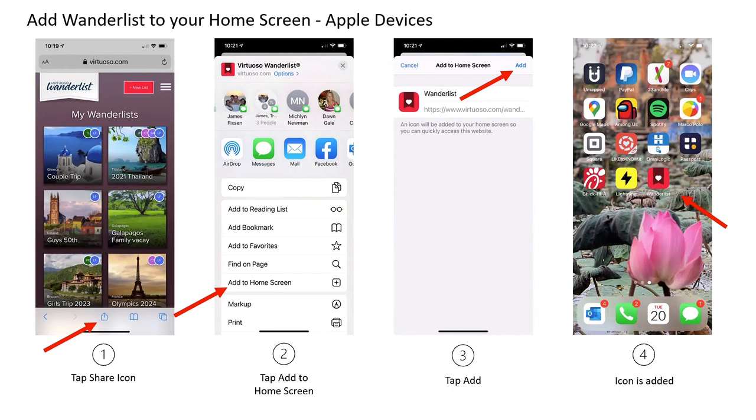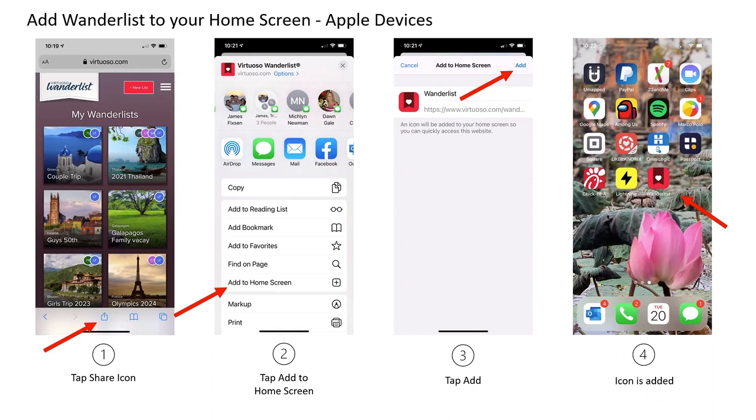So here's the tip. On their phone, that's not easy. We can do it on our computer, that makes sense. But on our phone, we're used to just dealing with apps. So here's how you do it for a client. You tell them, hey, you can save Wanderlist as a favorite to your home screen. It's really simple. And what you're seeing on the screen right now is the how-to for Apple devices.